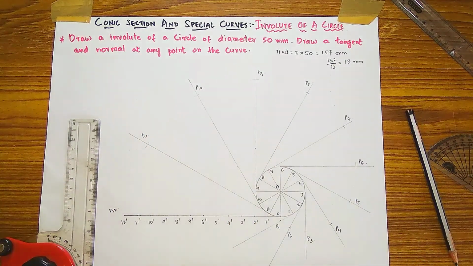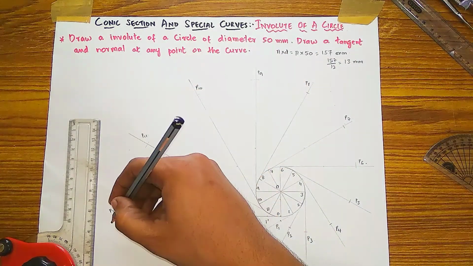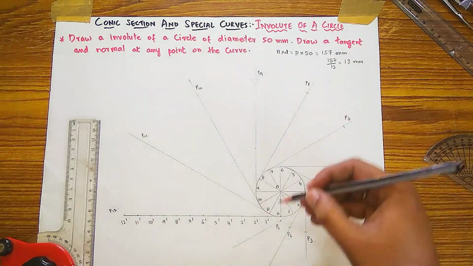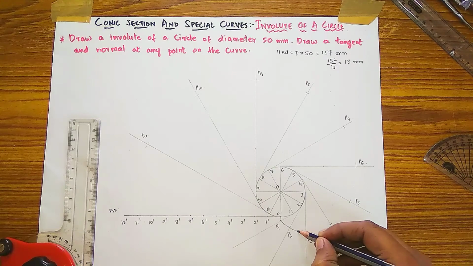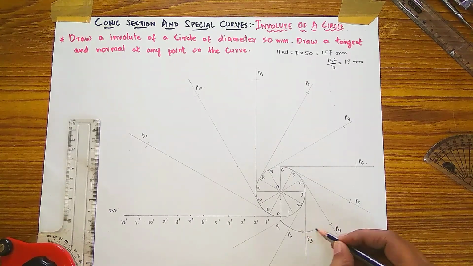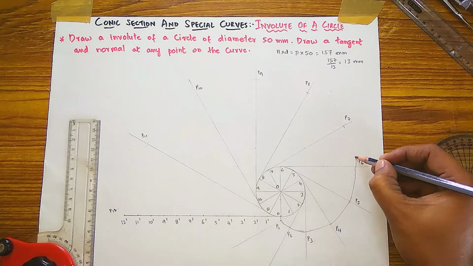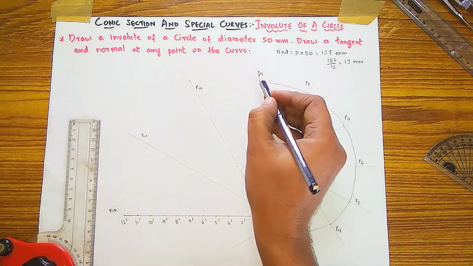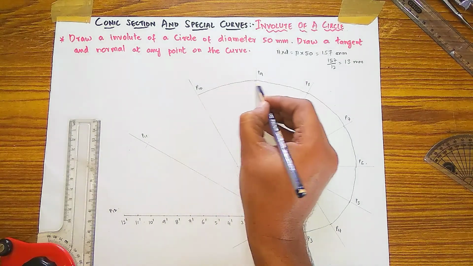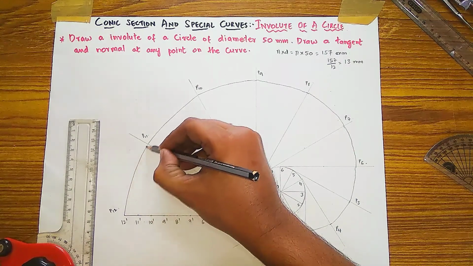Okay, like this. After taking the points you have to draw the arcs starting from 0 to P1, P2, P3, P4, P5, P6, like this you have to do. So how to do it with your free hand: you can do from 0 to P1, P1 to P2, P2 to P3. First draw faint lines, P3, P4, P5, P6, P7, P8, P9, then P10, P11, last to P12, like this you have to do.